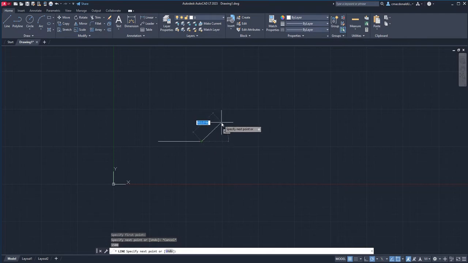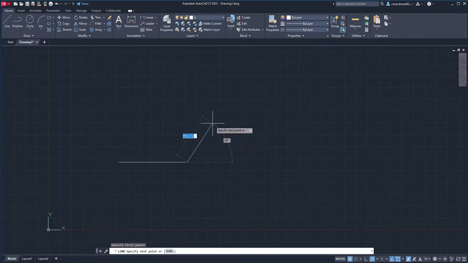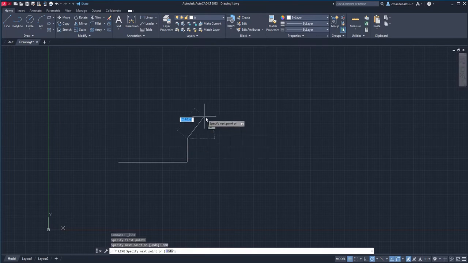the line. Now I'll move my cursor towards the top, which AutoCAD automatically assumes to be vertical, at least in relation to the XY coordinate that it's giving us here. So as long as we keep following the green tracking vector that AutoCAD is giving us, we're essentially drawing a line that's going to be vertical. Let's try typing 500 this time. We'll type 500 and hit enter, and we've got a line that's perfectly aligned with the green tracking vector that